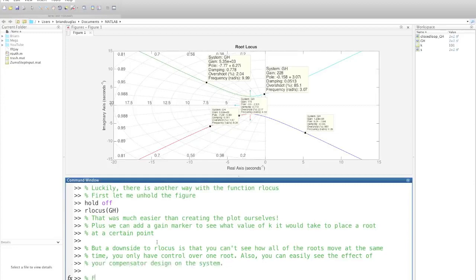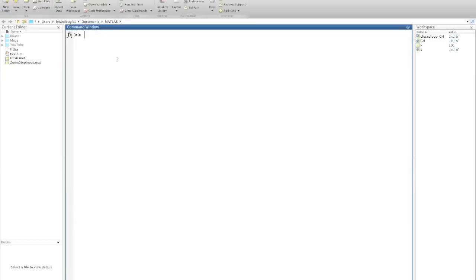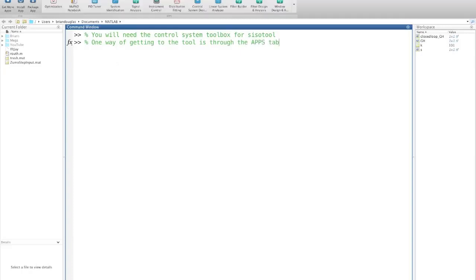Also, you can't easily see the effect of your compensator design on the system. For this, we need to use the CISO tool, which is also called the Control System Designer. To run the CISO tool, you're going to need the Control System toolbox. Now there's a few ways to open up this tool. One way is through the Apps tab. Now my screen capture cut off the top of the screen, but if you click on the Apps tab up